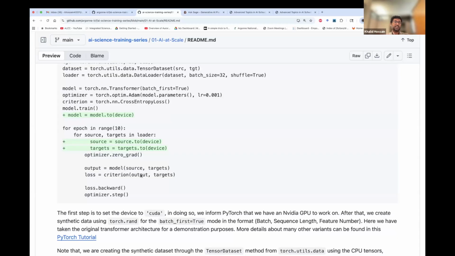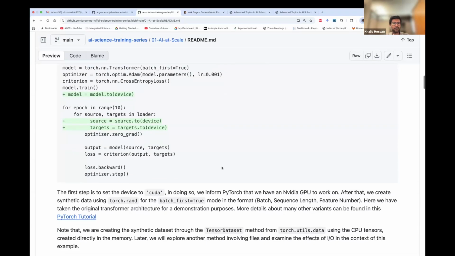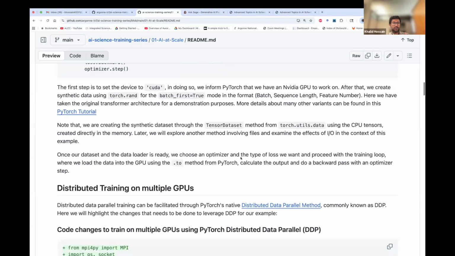So this is at the heart of everything that we are doing today. This is a very simple demonstration of a really simple training loop on a single GPU. So now,